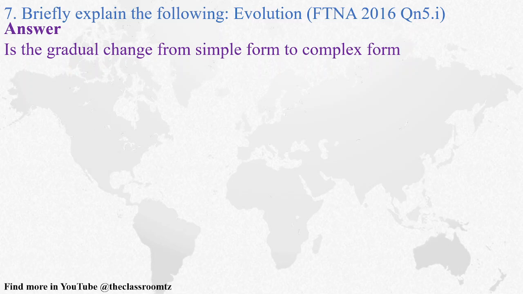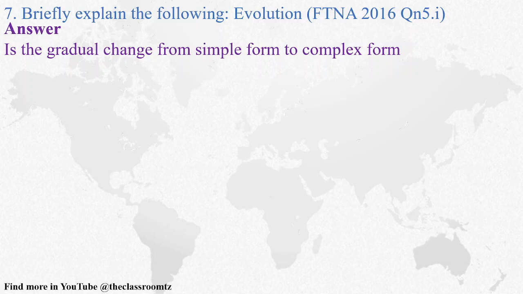Evolution is the gradual change from simple to complex, from the normal form or simple form to a more advanced or complex form. From there, if they want you to explain what the evolution of man is, then you can say the evolution of man is the gradual change of man from simple form to complex form. How? Then you will refer to the physical change of man: brain capacity, movement, bipedalism, when those 4 limbs,